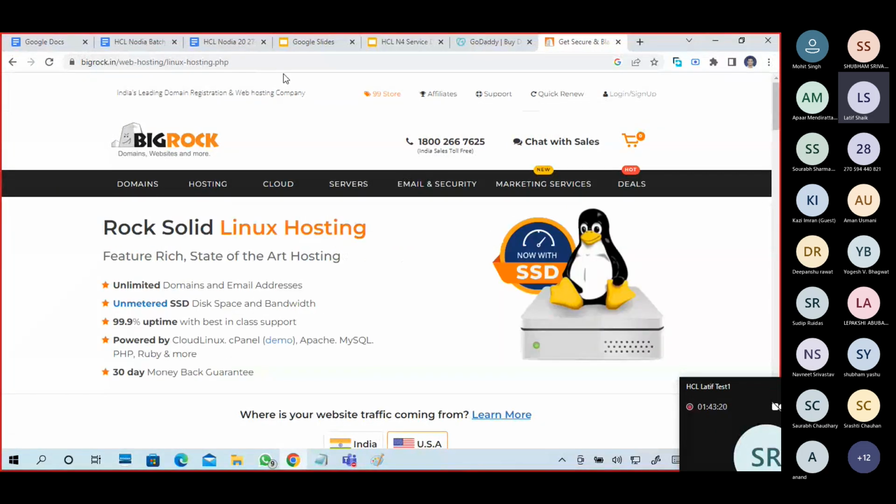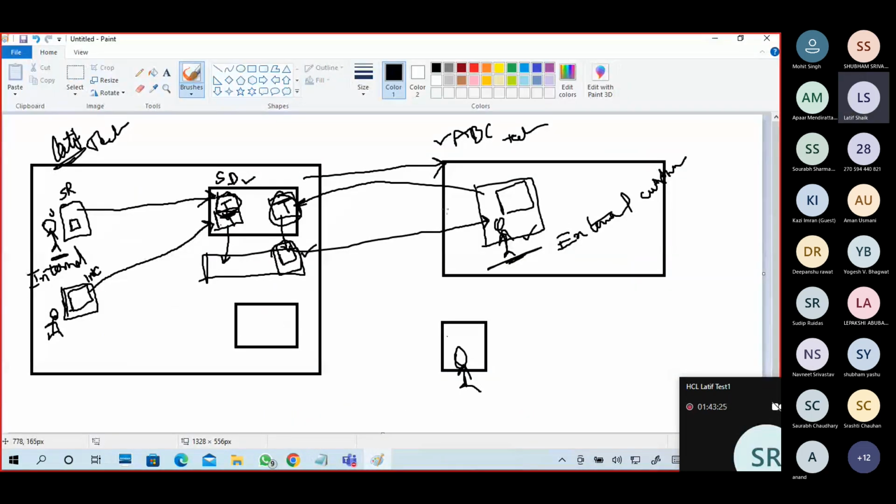So think of it like this: it's a web hosting organization, and they can give a service to individual people and also to organizations. Think of it like this: here is an individual user, who takes the service as an individual only, not as an organization.